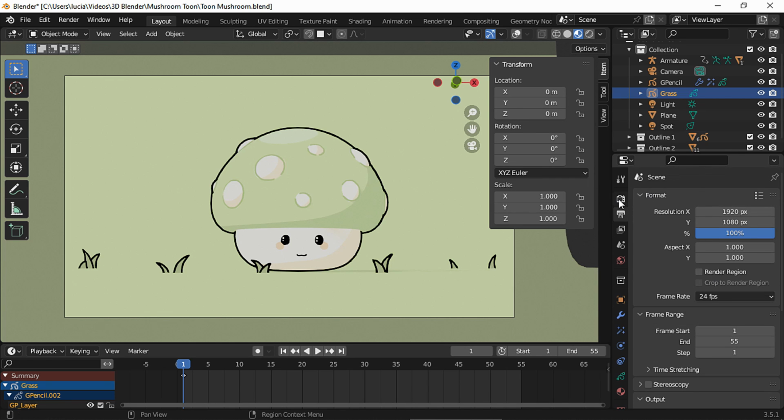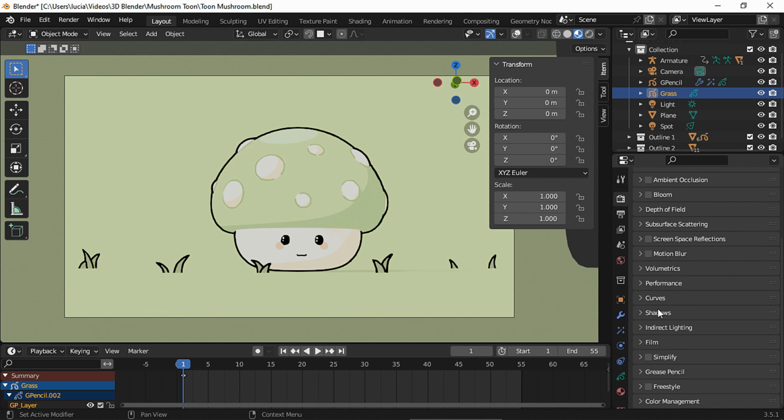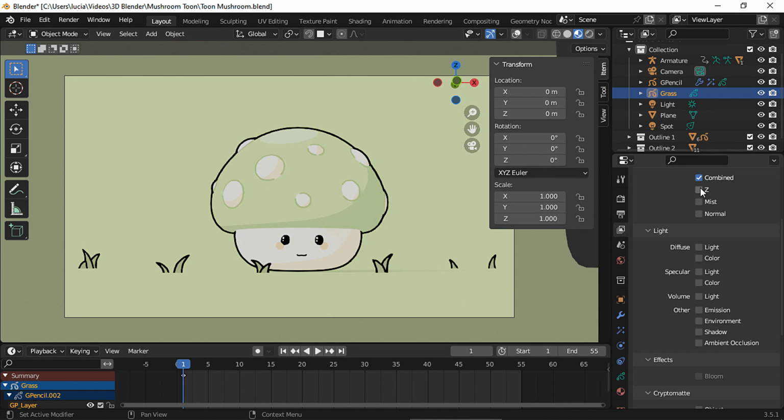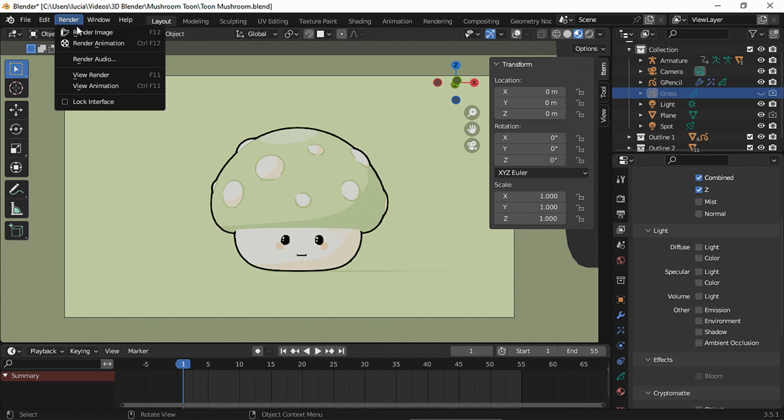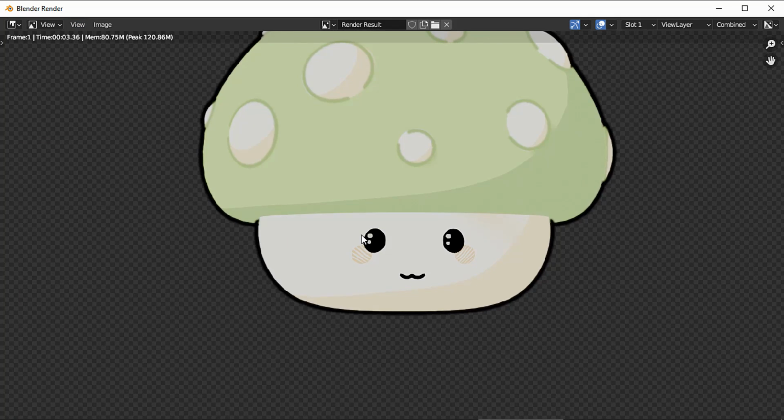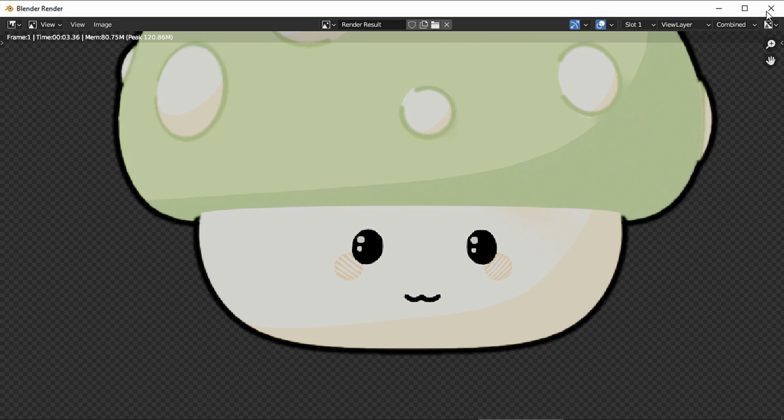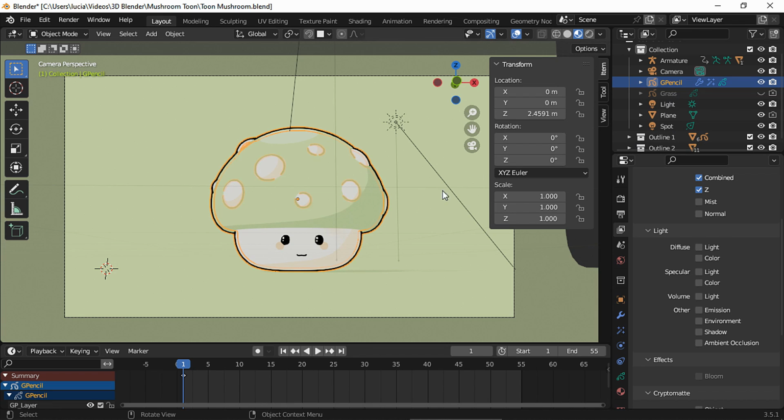First, to render the mushroom with a transparent background, enable transparent. Also enable passes to render grease pencil correctly, and disable the plane and the grass in renders by pressing this camera icon. The cheeks look odd, so I need to move them forward a bit.